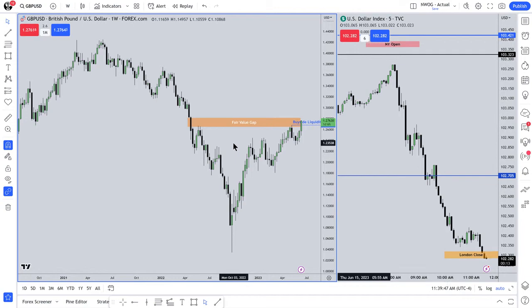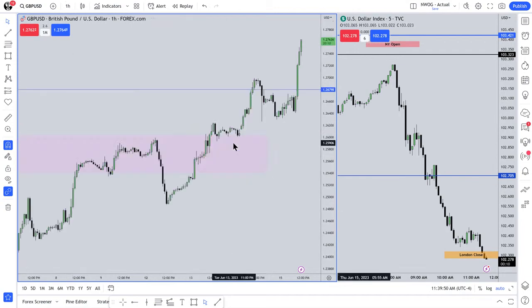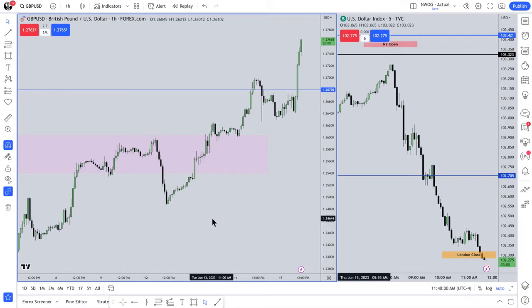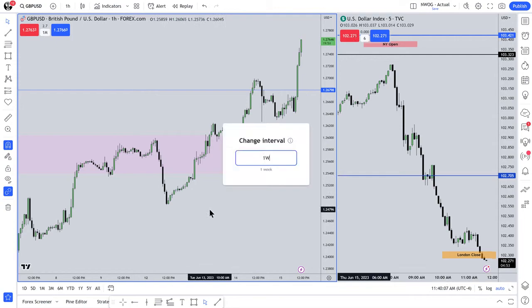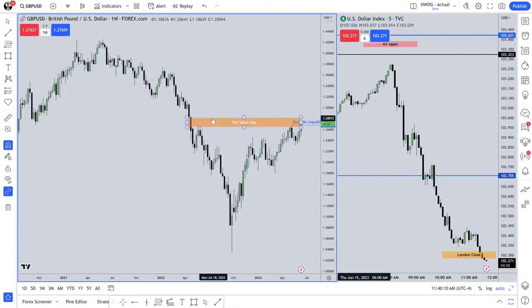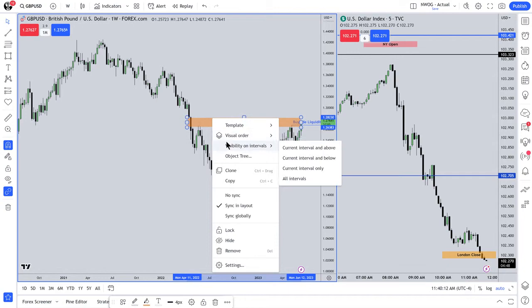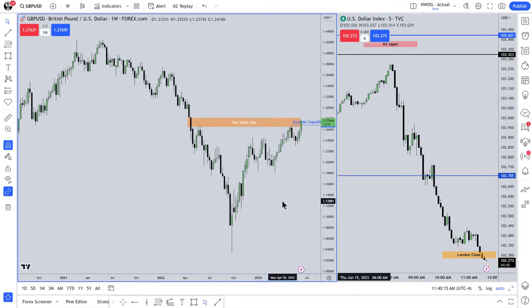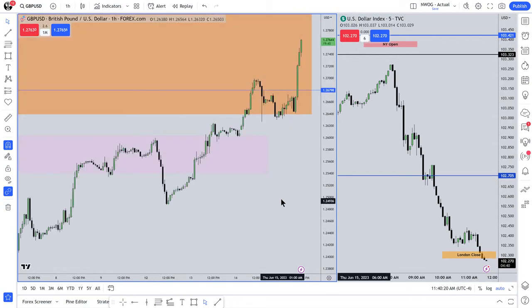If we drop into a 60-minute chart, you can see the 13th is here. We were talking and doing our business on the 13th all through here. And I said I want to see how we try to trade up into that gap that doesn't appear on this chart. Now let me go back into the weekly and set visibility on all intervals. So now when I drop into the 60-minute chart, it should appear. There we go. But this gap here is on the daily chart.